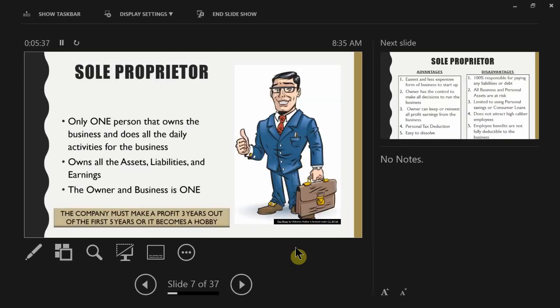So the very first one is going to be a sole proprietor. Now, this is the most common and easiest form of business that you can create because all you need is just one person. So when we talk about people starting up small businesses or having a startup company,